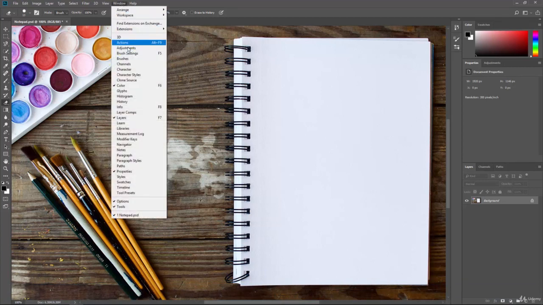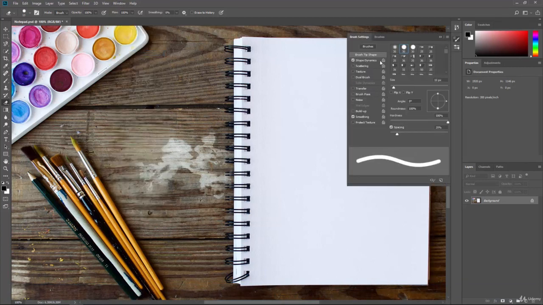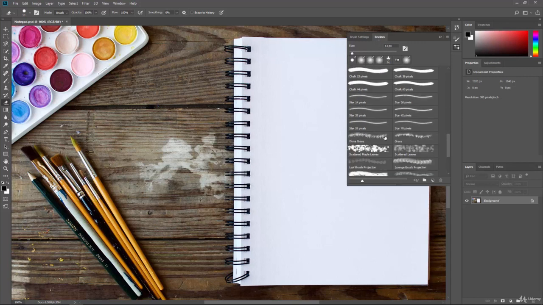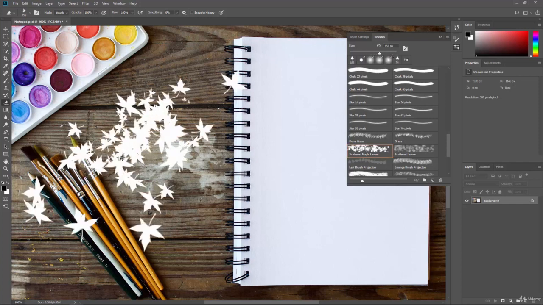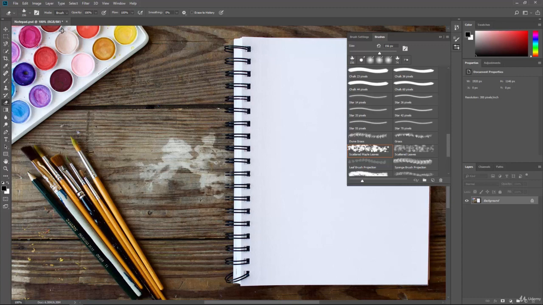So if I go to Window and I go to my brush settings, just so we can see this a little better, and let's just pick a brush. Let's say we pick that scattered maple leaves. Well, now what we're doing is we are erasing, but we're erasing with those leaves. So different tools inside of Photoshop are allowing you to use the different brushes. Same with editing in mask mode. I can edit in mask mode and do the same thing with the different leaves and brushes that we have.